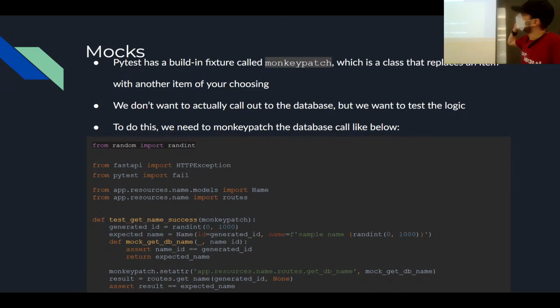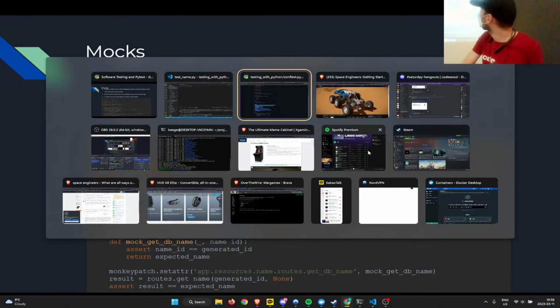Pytest has a built-in fixture called monkeypatch. And monkeypatch takes some function and basically junks whatever's there currently and replaces it with whatever function you make. Remember, that's kind of how I described mocks. Monkeypatch is for mocking. Okay? So what we're going to do is a unit test for this getName function, which gets an individual name. If we go back to our Swagger,